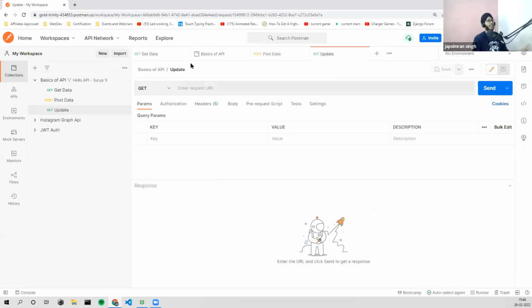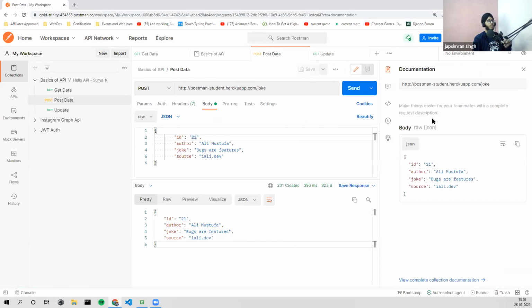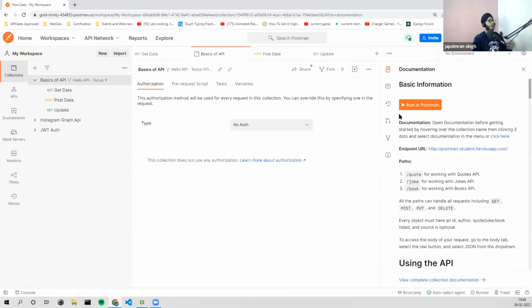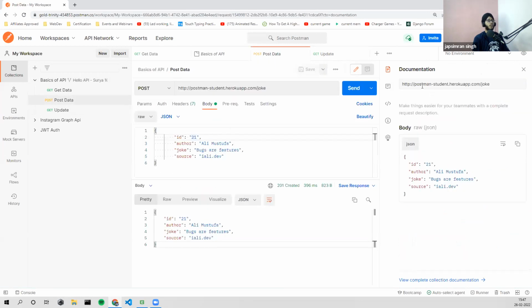Let's update now. Suppose I made a post request. Now author is Ali Mustafa and bugs are features. I'd like to update this. So ID is 21. Let's go to the documentation again. Here's the documentation. Also Postman gives you an auto documentation feature.